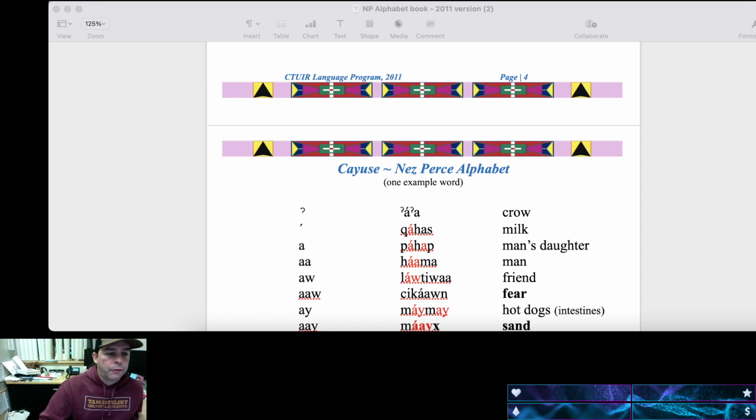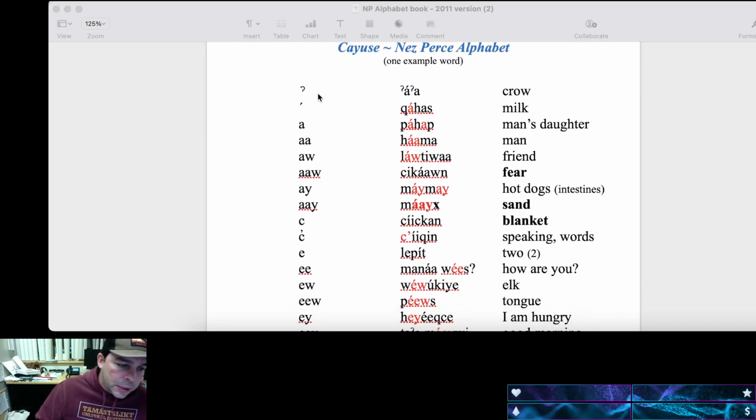Okay, so I have the alphabet up here. Again, glottal stops. It's kind of a complicated concept for people who speak English, but it's pretty common in other languages, kind of like the first half of an uh-oh, but it's going to sort of mimic the vowel that it follows. So in this case, we pronounce crow ah-ah, so it's kind of like half of an ah sound.